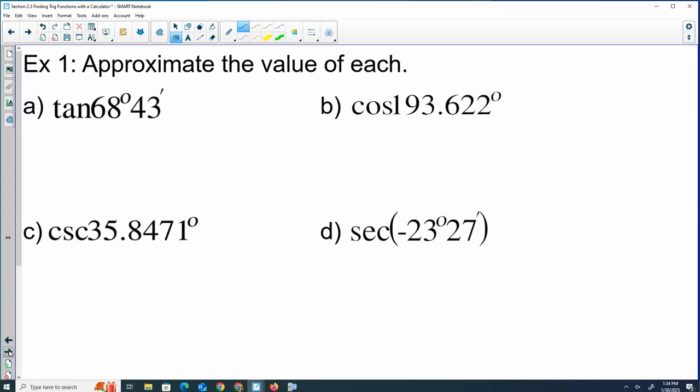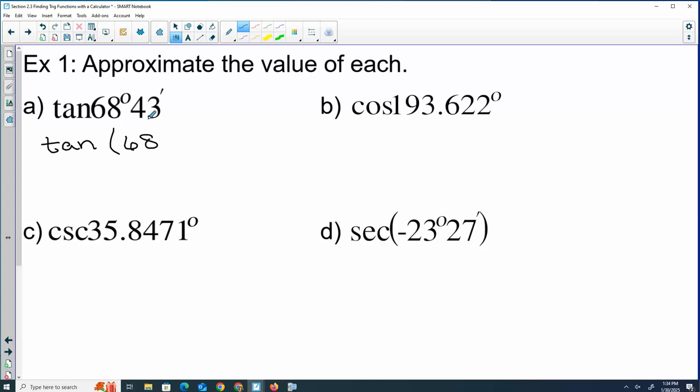Alright, so now we're just going to practice and make sure we can get these. Sometimes we have degrees and minutes. There is a way to put it in degrees and minutes in your calculator, but it's really annoying to get to and takes a little bit of time. So the easiest option, if I did give you degrees and minutes, when you push that tangent button, it will automatically open a parenthesis. Every time you push a trig function, it opens a parenthesis. If I want to do 68 degrees and 43 minutes,